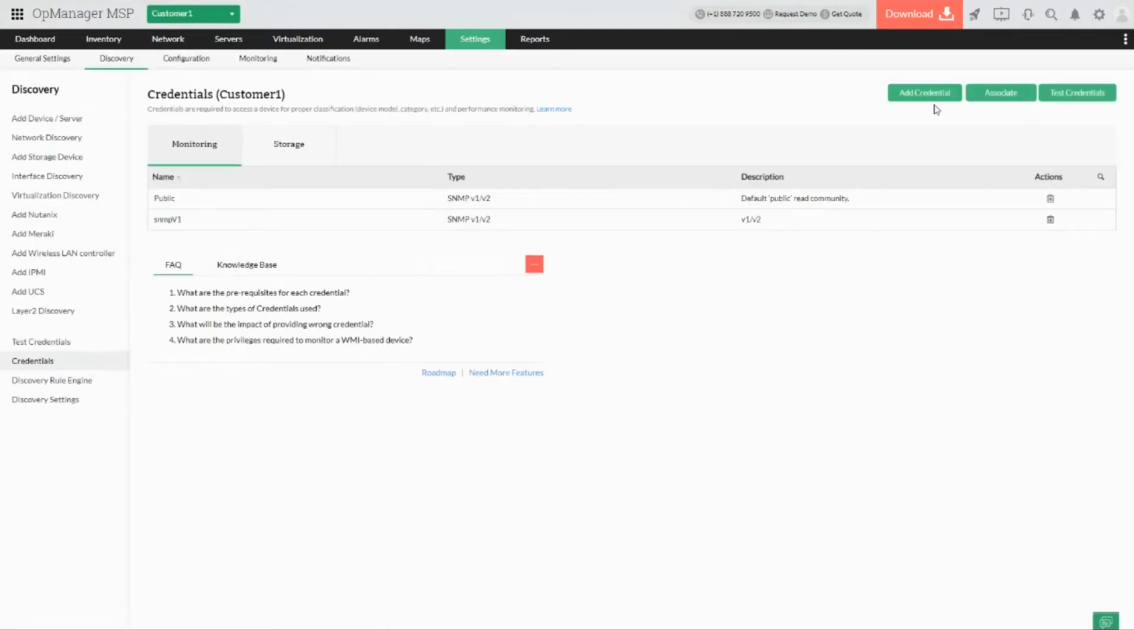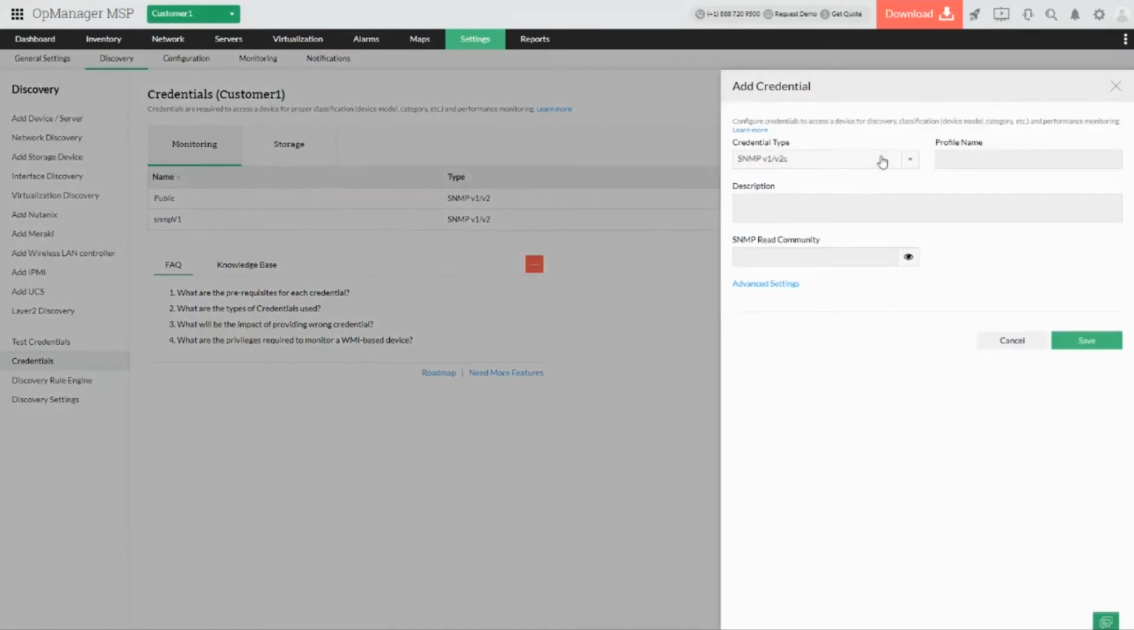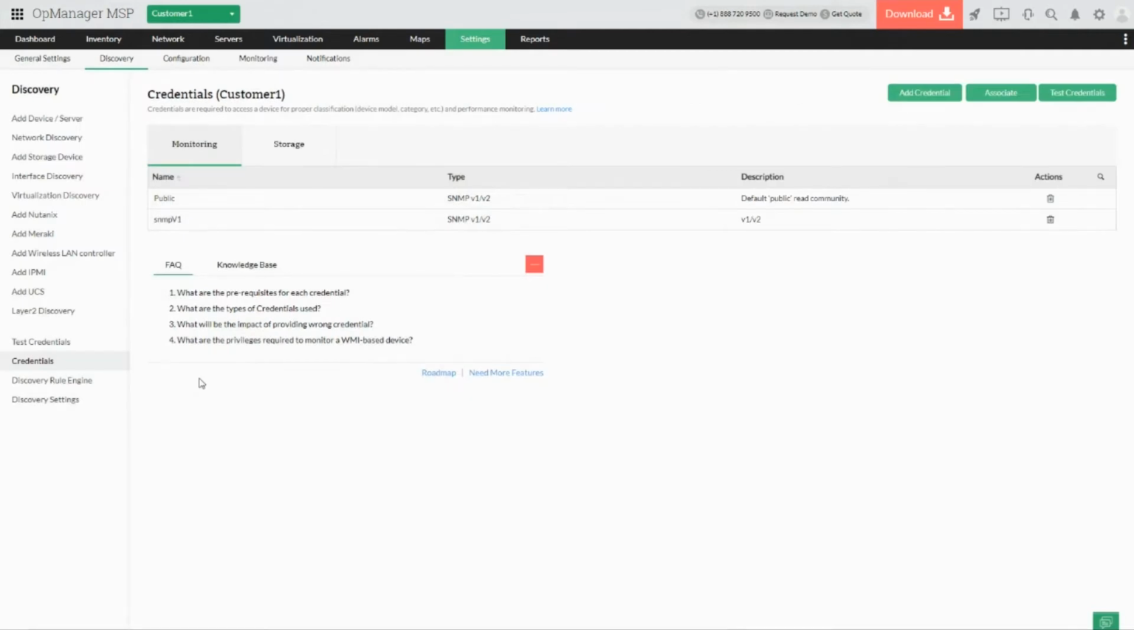So all you have to do is go to add credential and then choose the respective protocol, let it be SNMP, WMI, CLI, based on the device type which you're going to monitor, and create the respective credential and have the credential library ready. And this is going to be the first step before you start the discovery for your clients on the respective